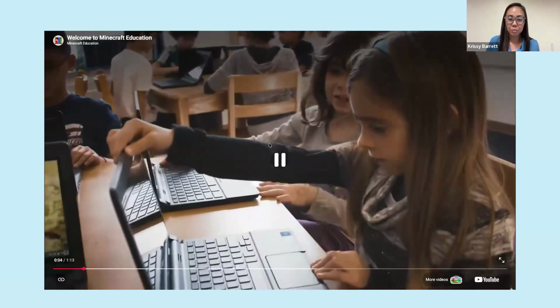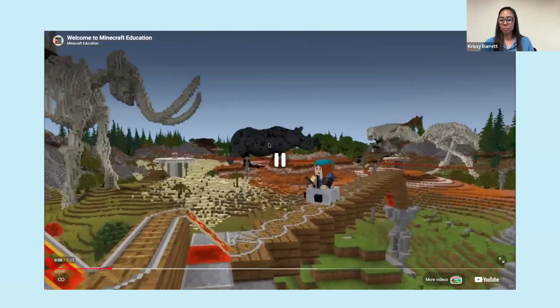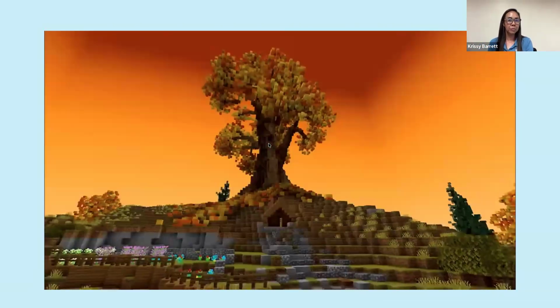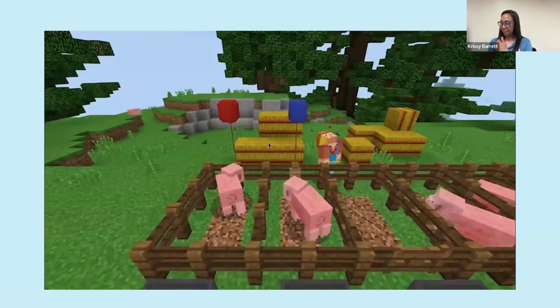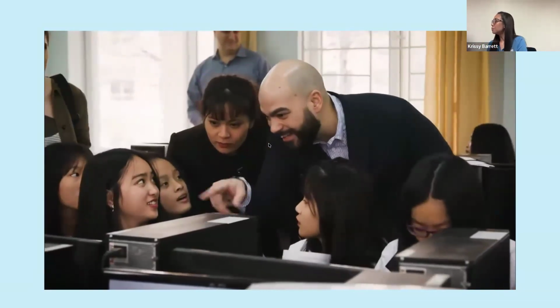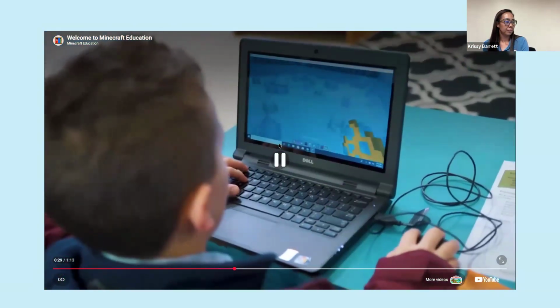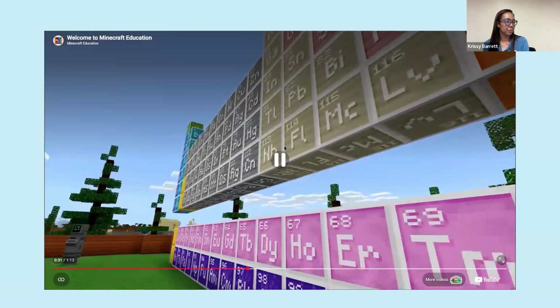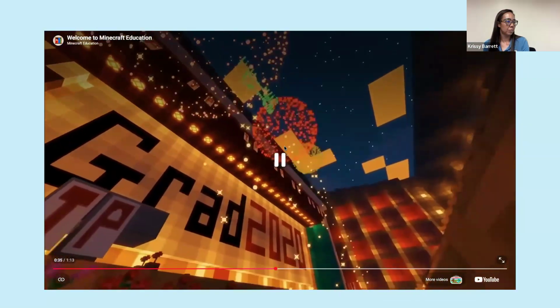We are born learners. We crave new challenges and new adventures. Our creativity is limitless. And when we learn through play, amazing, often unexpected things happen. In schools and in homes around the world, students are using Minecraft to build cities, explore coral reefs, create with code, run science experiments, and tell fantastic stories.